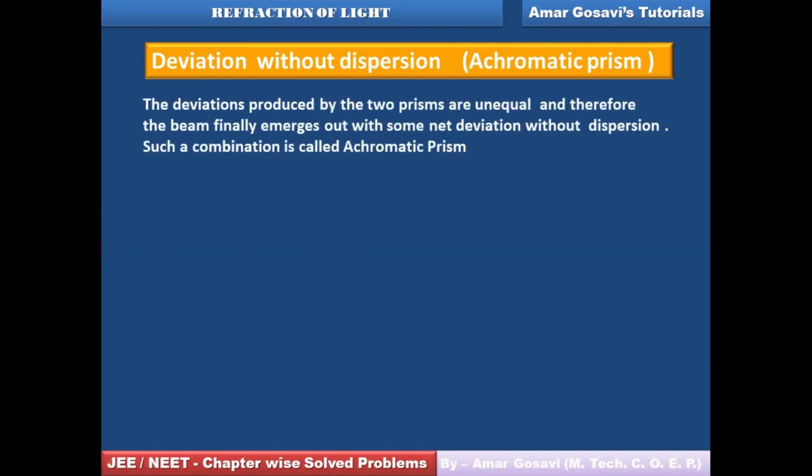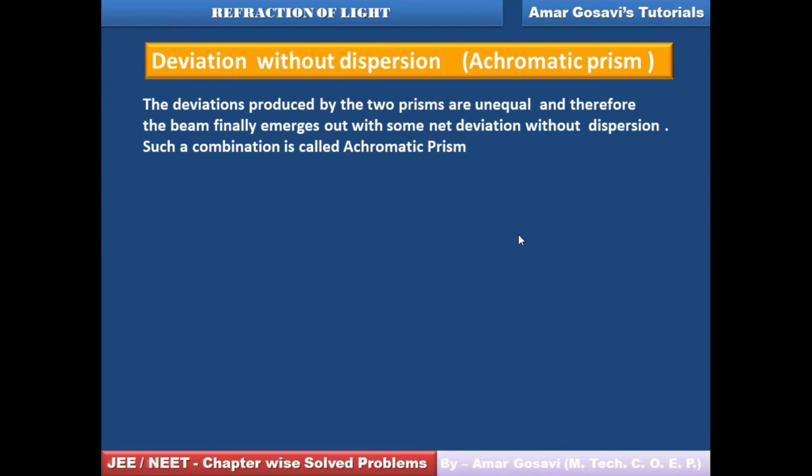Here you can see the deviations produced by the two prisms are unequal. Therefore, there will be some resultant deviation, whereas you can see the dispersion is being nullified. So I can say the deviations produced by the two prisms are unequal, and therefore the beam finally emerges out with some net deviation. That means deviation is allowed without dispersion, and we call such a combination of prisms an achromatic prism